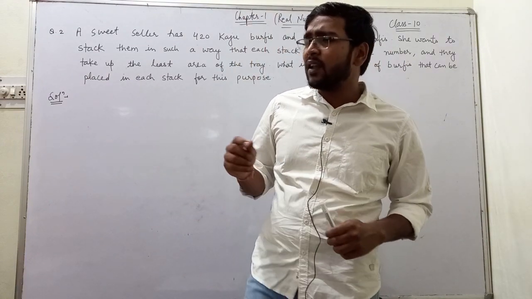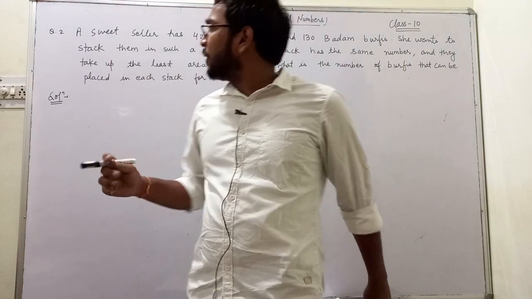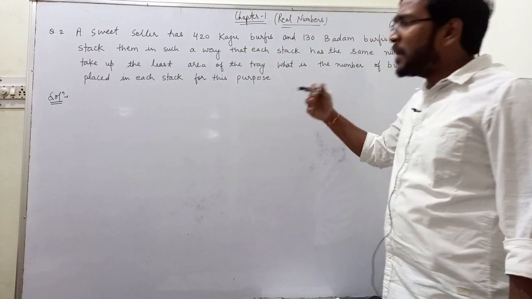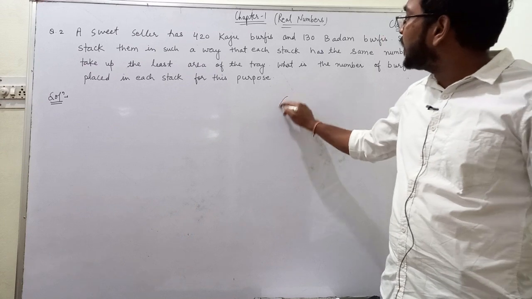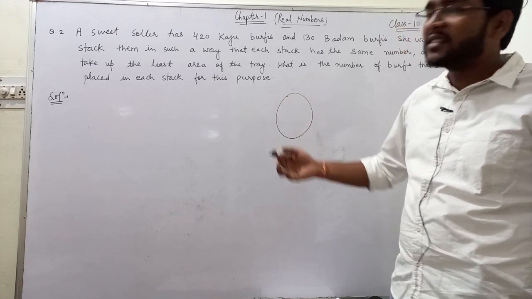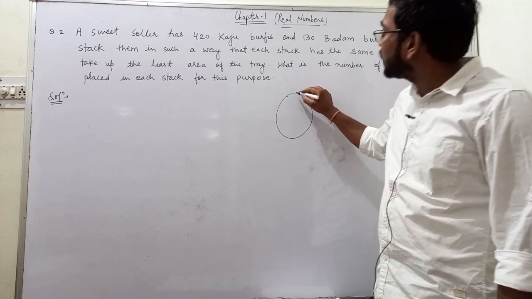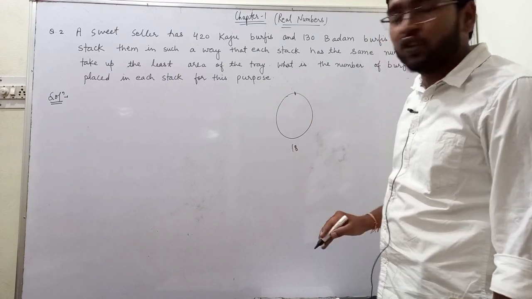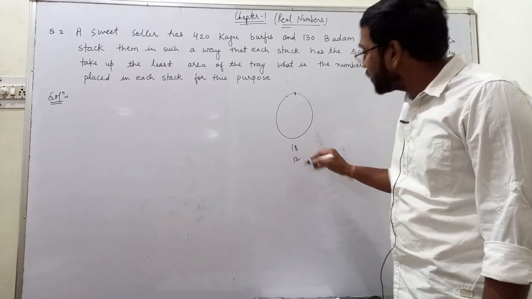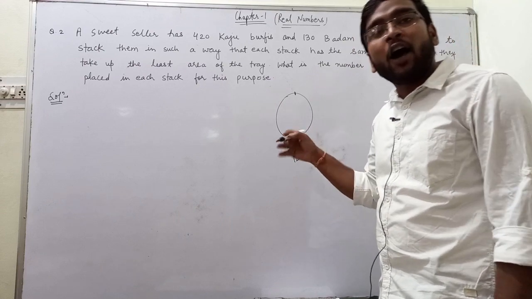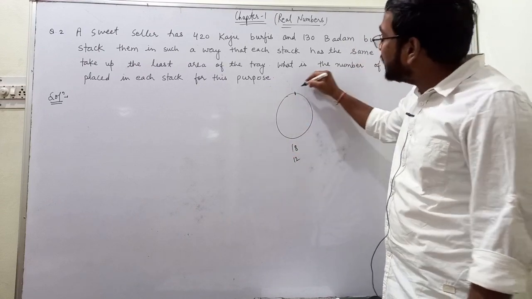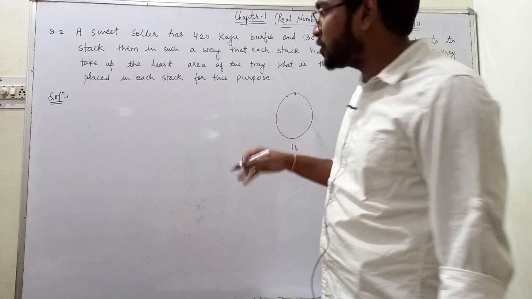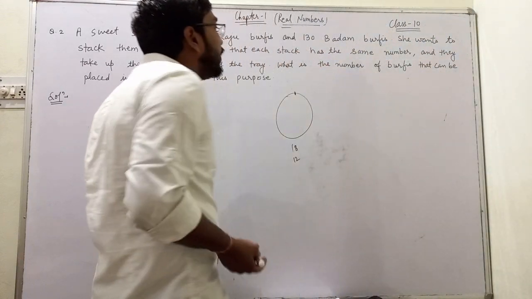For example, there will be many more problems like an athlete running on a circular path. If you haven't done NCERT, then you must have seen a question like that. There are two athletes, one takes 18 minutes to complete a revolution and the other takes 12 minutes. Then after how many minutes will they both meet at the starting point? We will do that question later in this video.